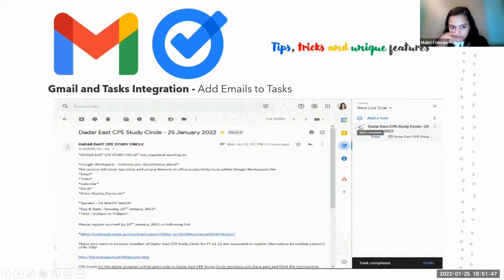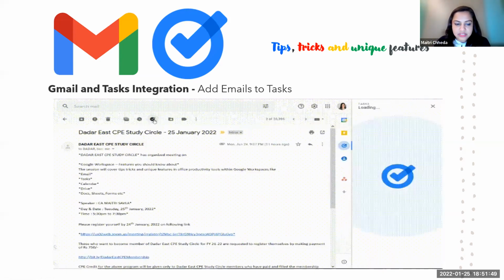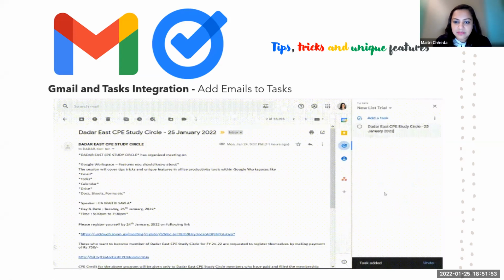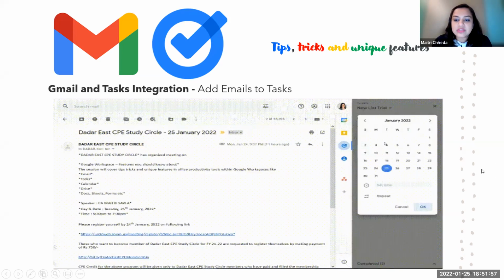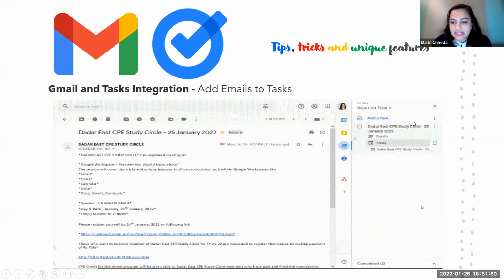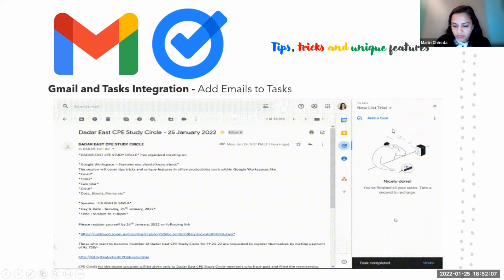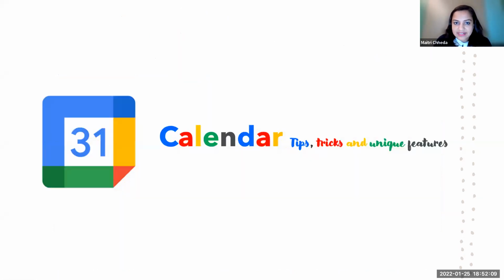Simple, right? So some client has emailed you something asking for some detail, and right now you're busy filing returns, but you have to reply back to this person or do something. So you just add a deadline, put it in your task, and it will pop up in your calendar as well. Now we will come to Calendar, and we will see that this will pop up in our calendar as well. Okay, so this is it, we are done with tasks.